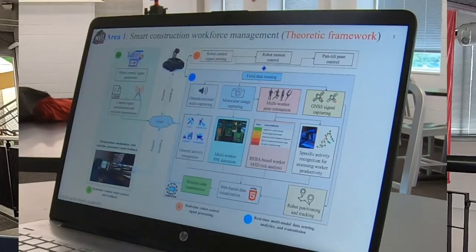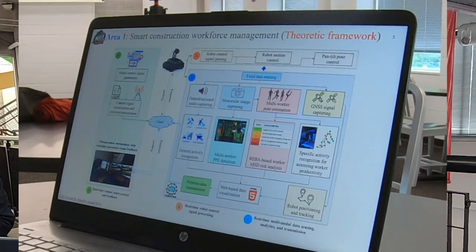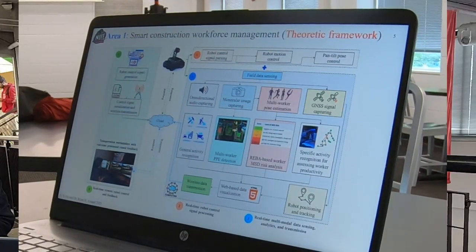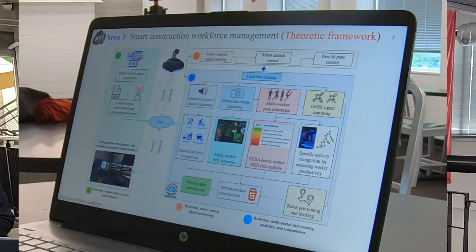Yeah, here I can show one video to demonstrate the PPE detection result, and also the RULA-based, as I mentioned, Rapid Upper Limb Assessment for musculoskeletal disorder risk analysis. The results are streamed on a web page, so the decision maker or the remote operator of the teleoperated robot, and even anyone else who has access to this IP address within the communication network, can access the real-time results. So I can just play this video very quickly.